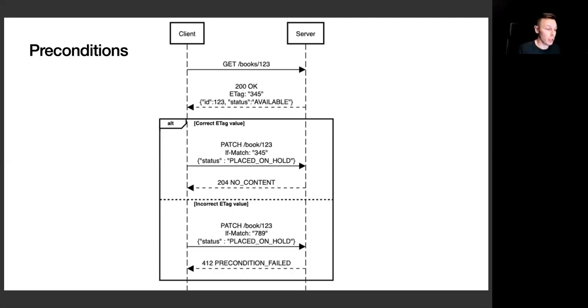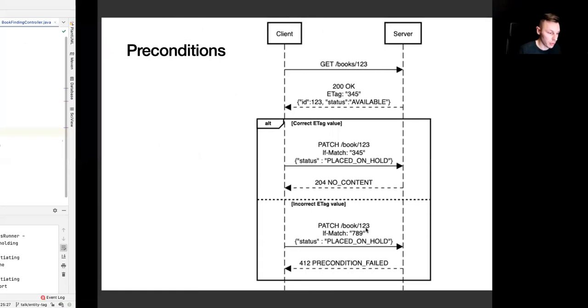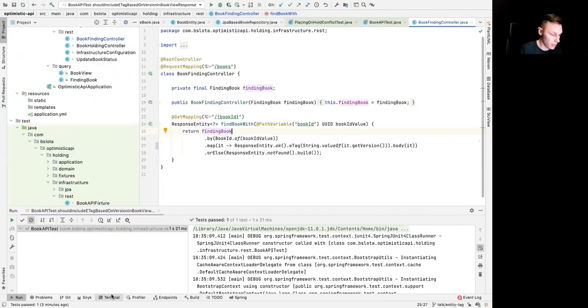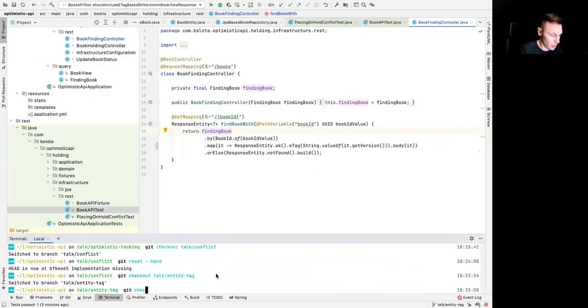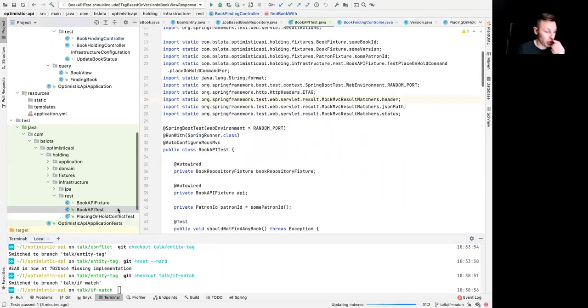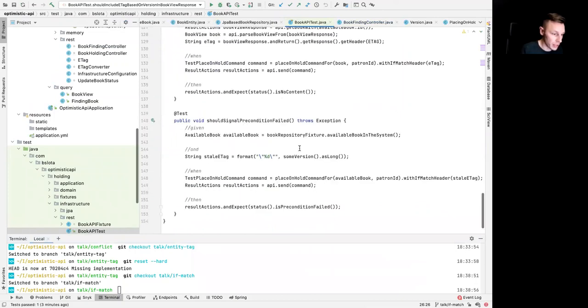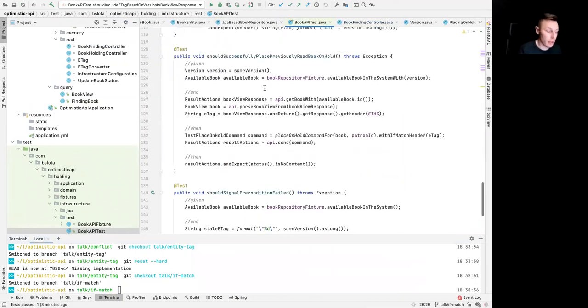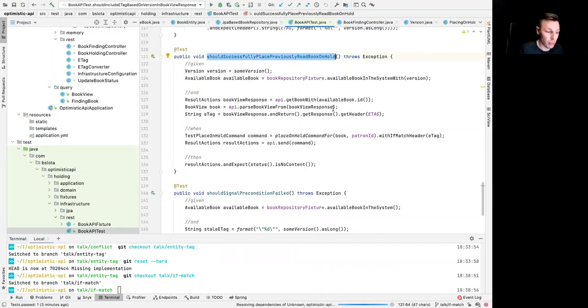Okay, let's try to code it. Let's move to our code base once again. Git checkout, git reset. Okay, and of course, again, we are starting with some tests. The first test that was added in this example is that we should successfully place a previously read book on hold. So if we have an available book in the system with some particular version and we read the response,